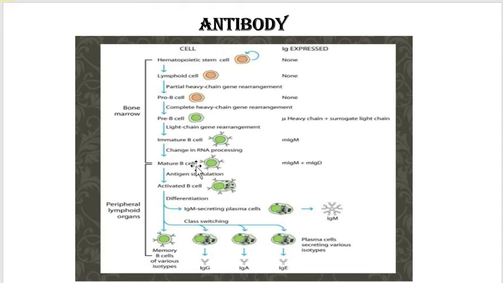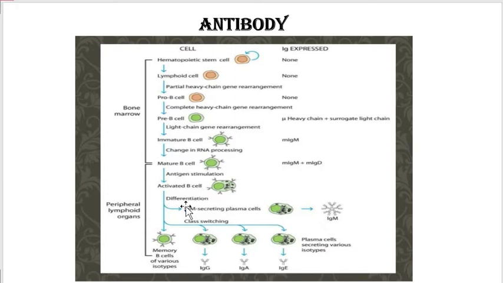we have the mature B cell. The immature B cell starts presenting IgM, that is, this small m is for membrane bound IgM. So membrane bound IgM starts being presented as a receptor molecule on its surface, and in the mature B cell we have both membrane bound IgM and membrane bound IgD as a receptor.